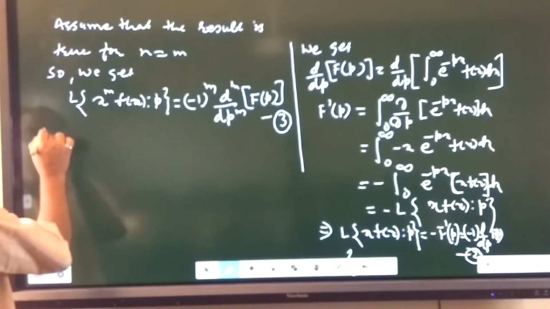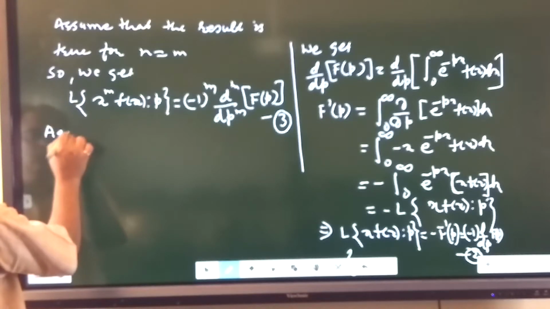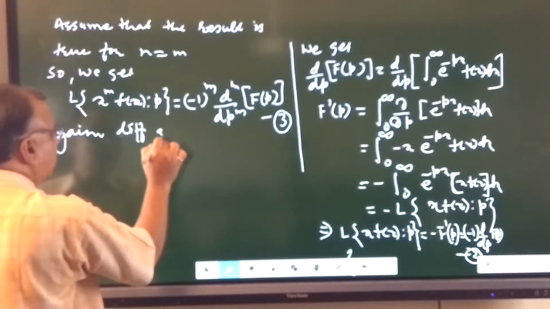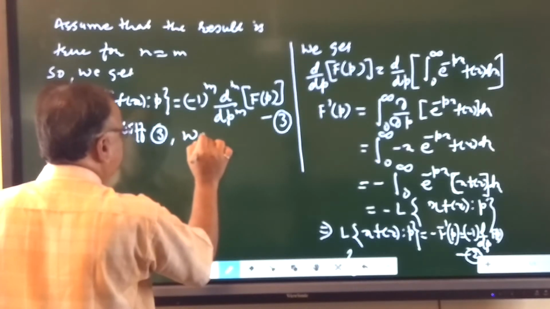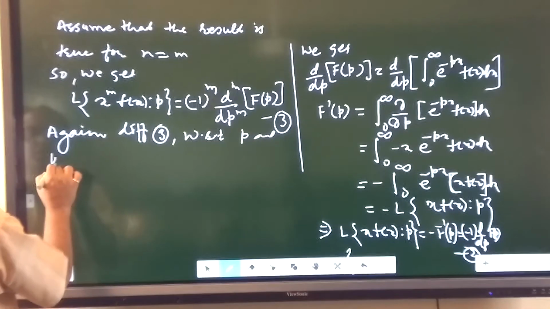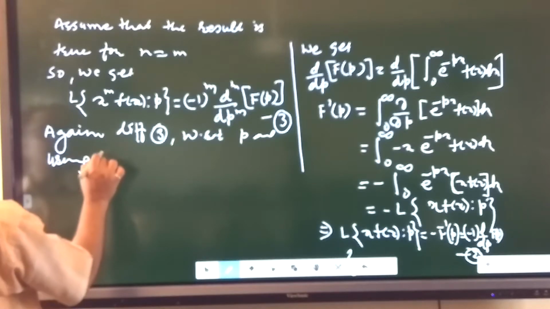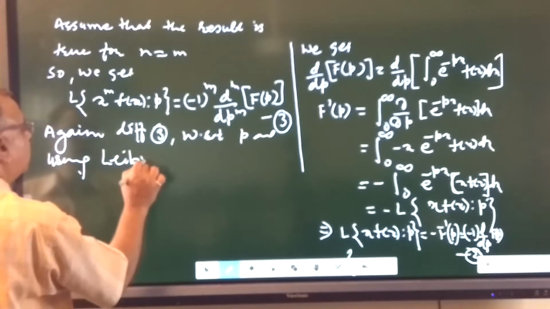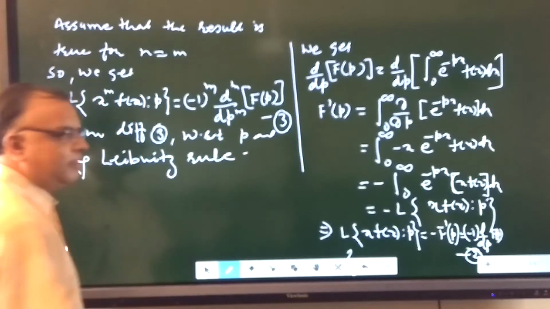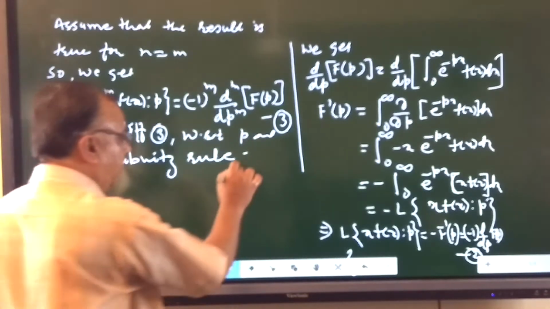Again, differentiating equation 3 with respect to p and using the Laplace rule under the sign of integration, we get